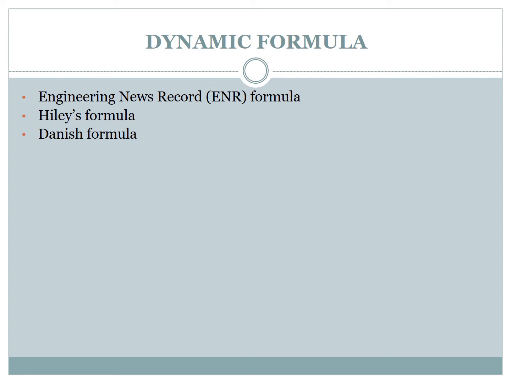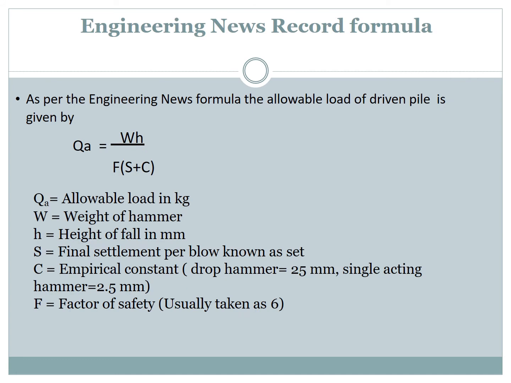Okay, so the dynamic formulas are based on the assumption that the kinetic energy delivered by the hammer during the driving operation is equal to the work done in penetrating the soil. So the various dynamic formulas are these, starting with the Engineering News Record formula. According to the Engineering News formula, or ENR formula, the allowable load of a driven pile is given by this equation, which is Qa = WH / F(S + C), where Qa is the allowable load in kg, W is the weight of hammer,